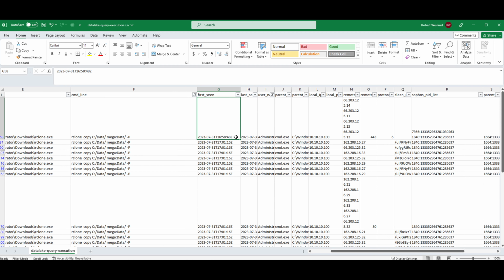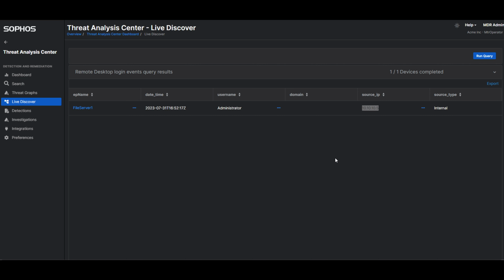So the threat actor wasted no time in executing rclone after logging on as administrator. So there we go. Now we know where the threat actor came from. So that could mean some type of compromise on that system itself, potentially a phishing email or some other type of compromise that happened upstream, and then we would need to go to this system and then look for lateral movement coming from the VPN or some other system in the network that was initially compromised or previously compromised.